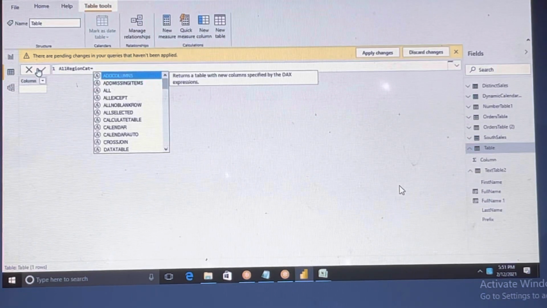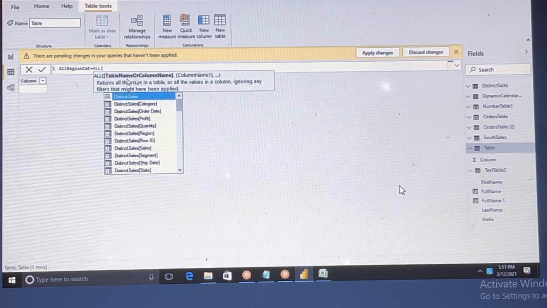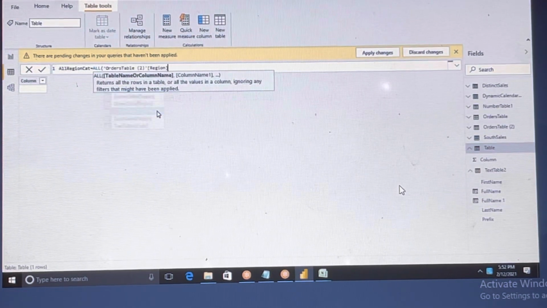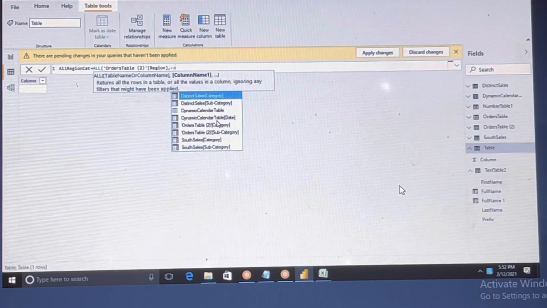I'm using ALL. Whatever column names, you can use different column names. I'm not using any table name. I'm using region. Click on region, comma, and also category.